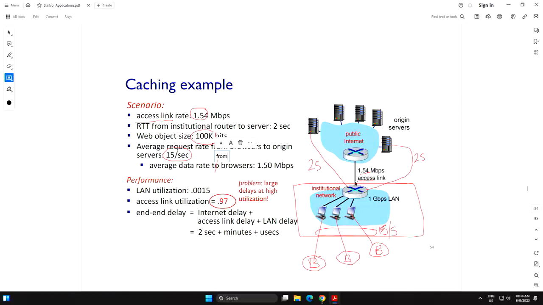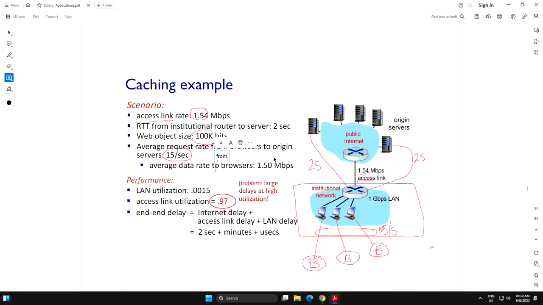So if you look at the data rate, you are generating 15 object requests, right? And each object is 100 times 1,000 bits, right? So the total amount of requests coming from these browsers for downloading traffic into your organization is, you have to multiply these things, right?